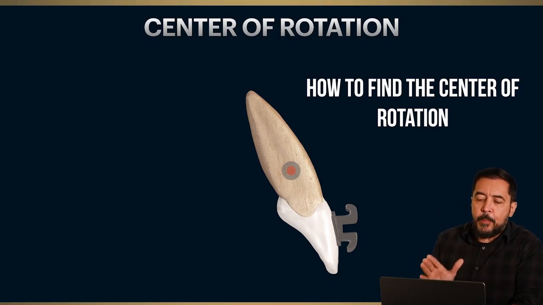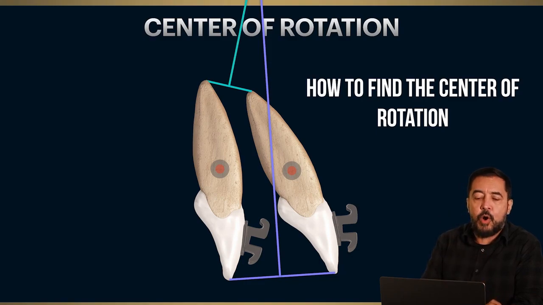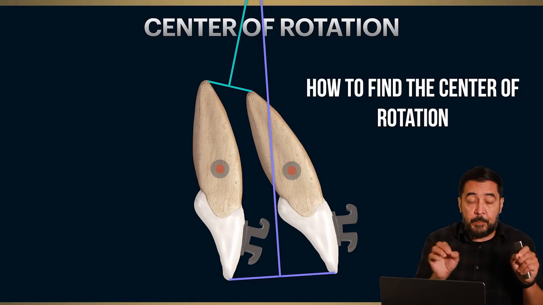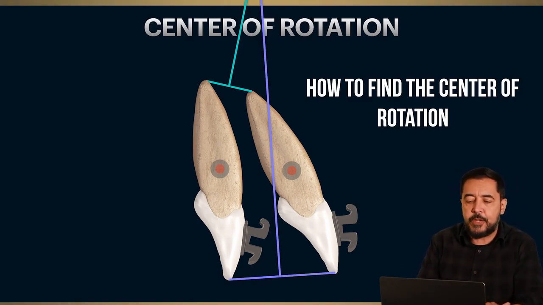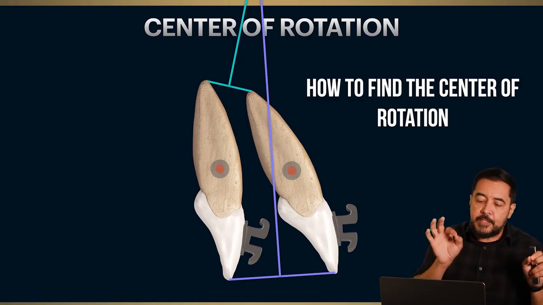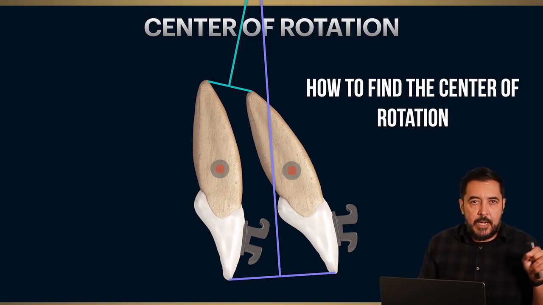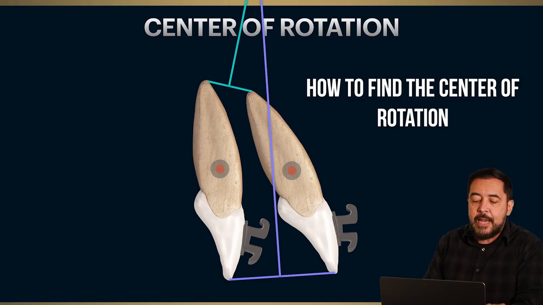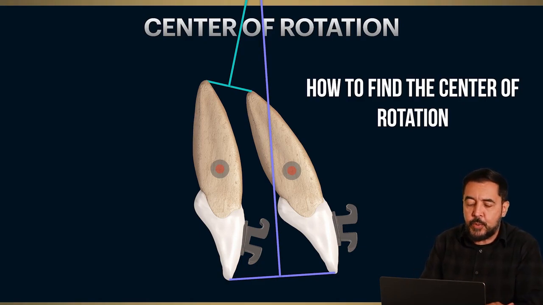We take 2 points before movement at one specific point of the root of this tooth or any part of this tooth, but two exact points of those before and after figures, and we take a far position. Now I'm using the tip of the crown, and before and after same point, I ligate those 2 points at the root and at the tip of the crown, and I bisect it. I take the middle of the position and I bisect it, and now I have the 90 degrees between this